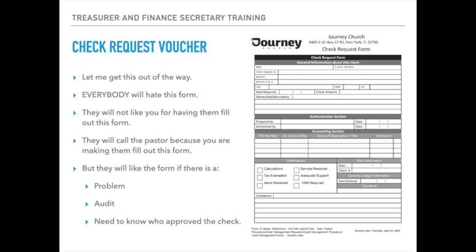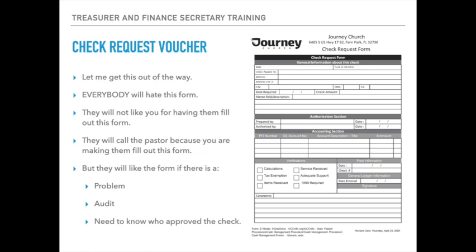From the accounting section, we have what is the PO number or the GL account number we're applying this expense to, what is the description of that, and what is the amount. This could have several items because if you go, for example, to buy at Publix and you buy for multiple activities, different ministries are impacted. So that's why you have multiple lines.